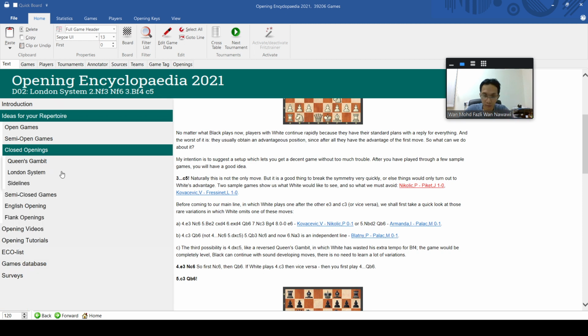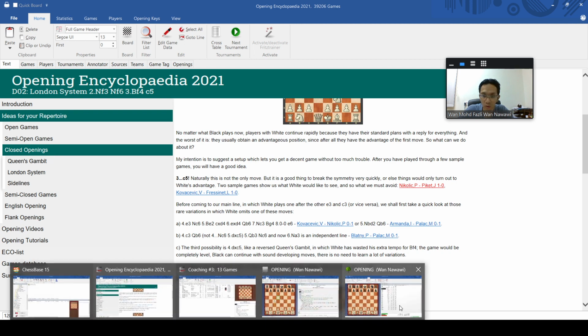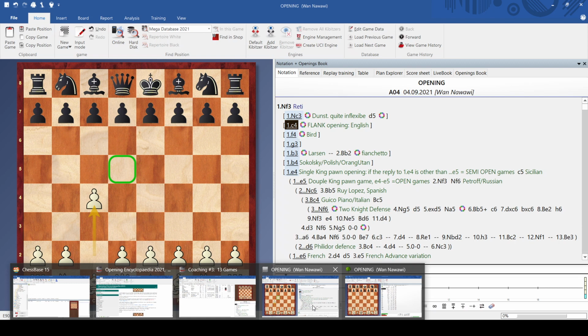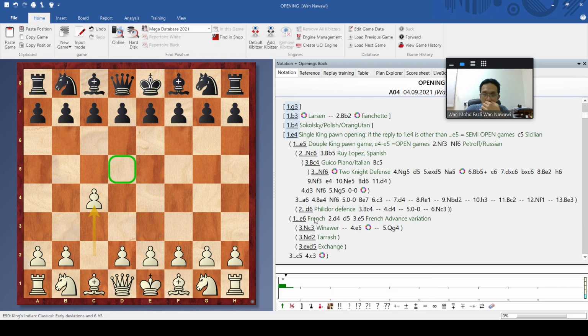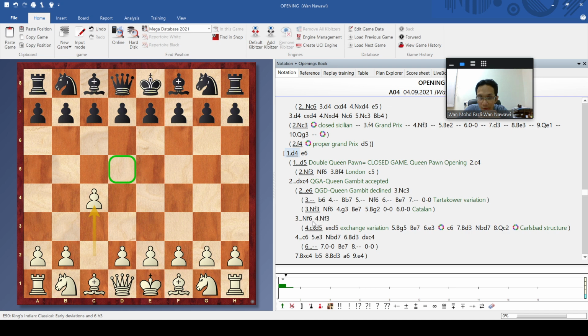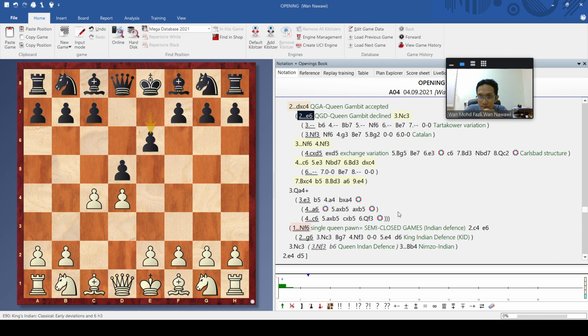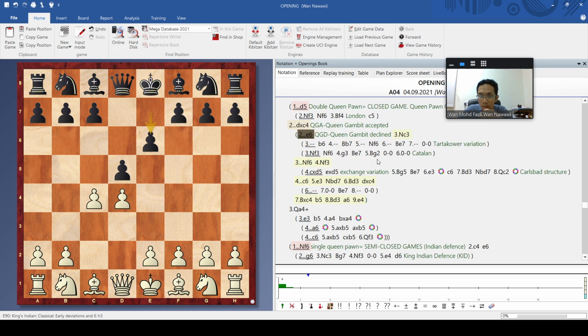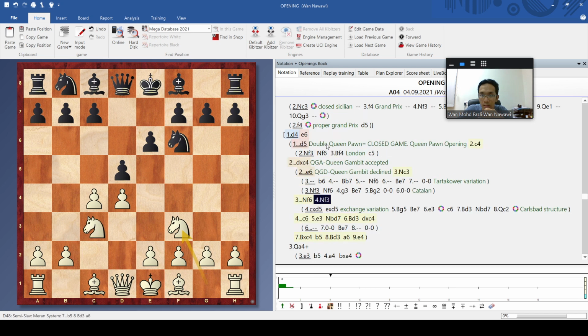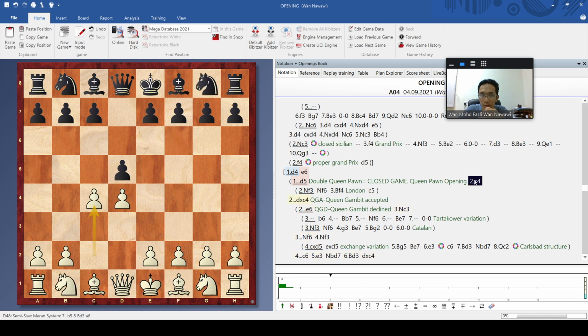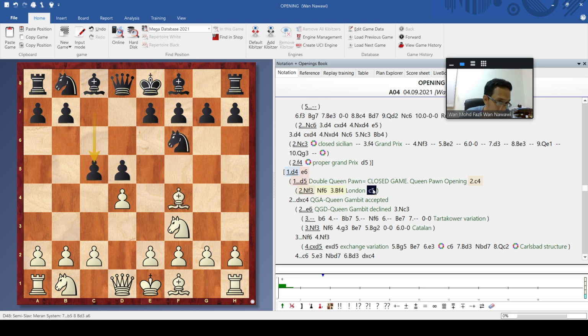Okay, where we stopped just now, the London System, right? So let's go to the London System. This or not this. Okay, so this. We stopped at the London System. Where is the London System? I don't know where. Let me find. Double Queen's Gambit Declined. Where is London? Queen's Indian, Queen's Gambit, Catalan. Where is London? Just Queen's Pawn opening. Let me just put it like this. Maybe you can find it. I showed this London System, Bishop C5 and C5 like that.